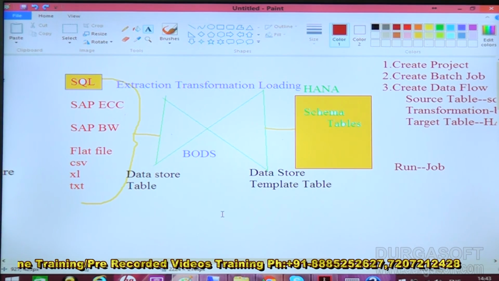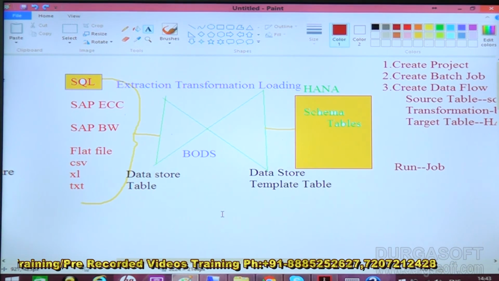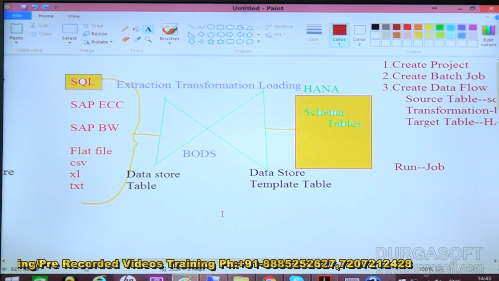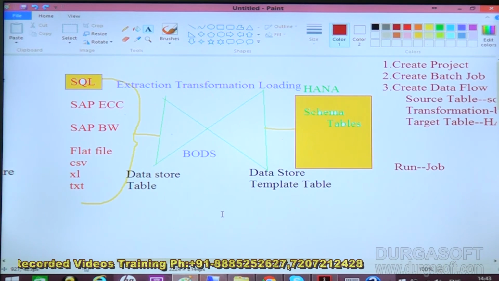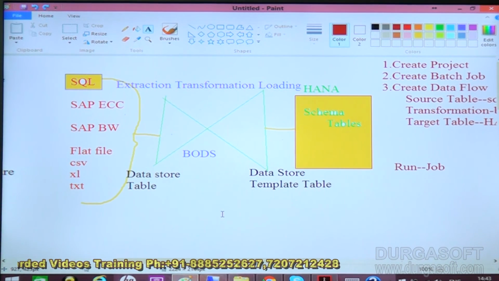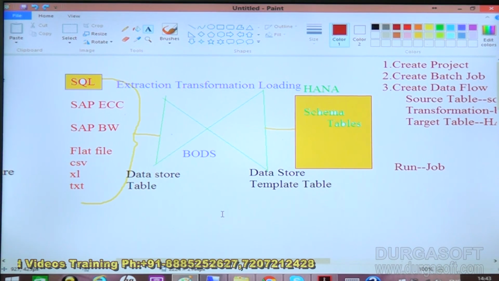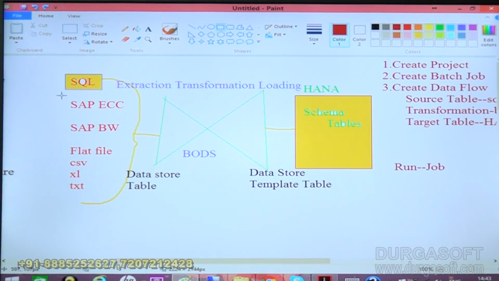And in this video, we successfully loaded data from the SQL Server to SAP HANA system, in which we did some filter options, we restricted some fields, and we also added some extra fields which will be useful in the real-time environment. Okay, so this is how we can perform these activities. In the next video, we will learn how to load the data from the SAP ECC Server to SAP HANA system.